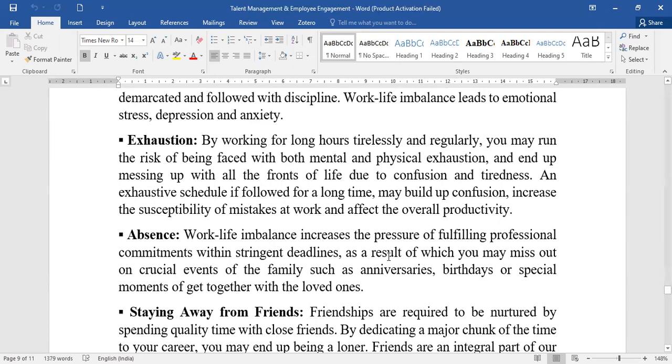Absence, for example, if there is a lot of professional commitment, but there is no time for family, that absenteeism can somewhere put a frustration or irritation into an employee, and he gets disturbed. His mind does not become productive, though he is present at the workplace, he is mentally somewhere else.